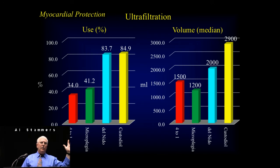Now, a red flag goes up in everybody's mind right now because the research that is occurring in the last 2 years has linked the use of ultrafiltration to AKI. So if you're using ultrafiltrators on a regular basis and taking off volume, some people do this. We know that we have work to do in our organization to reduce the number because they're saying, you know what, I'm going to accept a lower hematocrit when I first go on bypass